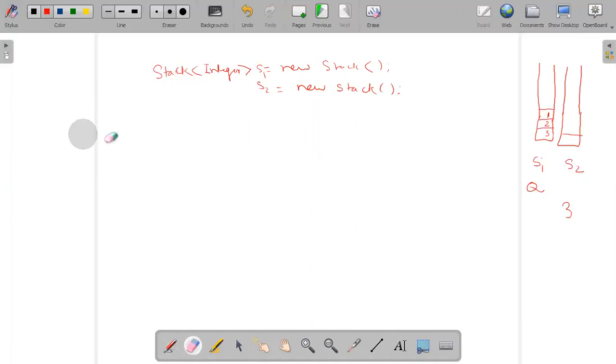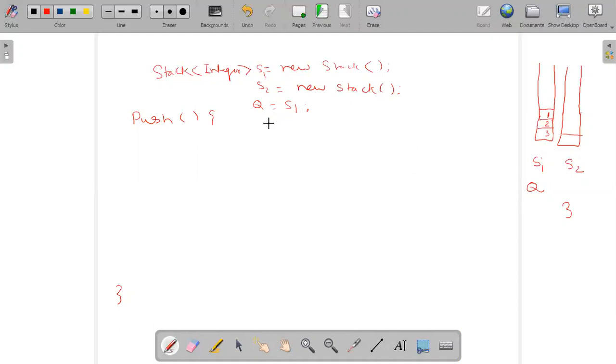Now I have to do the push operation. So I have a push function on Q. I am doing some queue operation, so how can you push it? The first thing: there is one more variable, Q, and that is pointing to S1. It is for simplicity; you can even avoid this step.